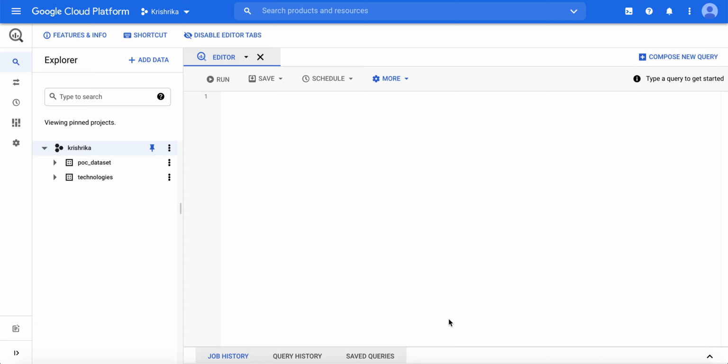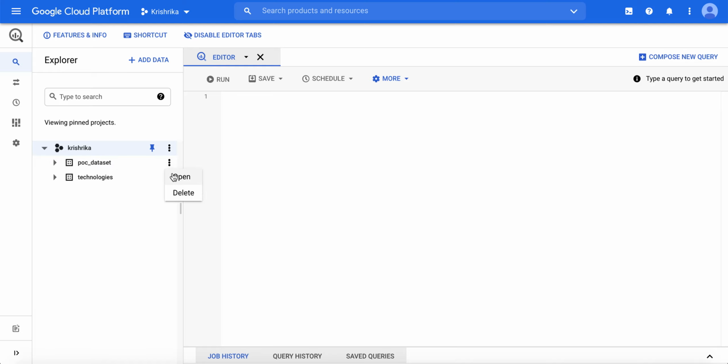Similarly, we will create a table which will have record fields, and also repeated fields. Repeated means it will have one to many mapping. In this same example, a person can have two addresses. One will be the present address, and the next will be the permanent address. So the person can have two addresses. This kind of one to many mapping is stored in denormalized form in BigQuery. It's not a normalized form, so we will see how it gets stored.